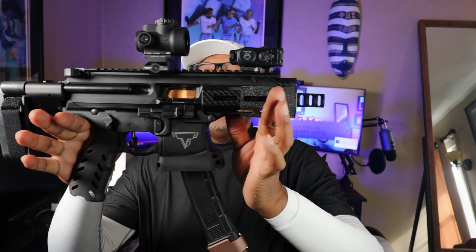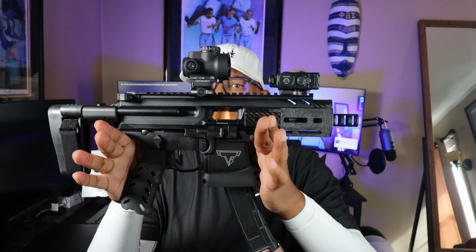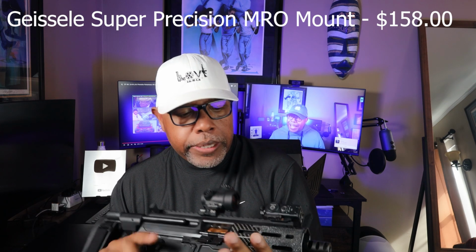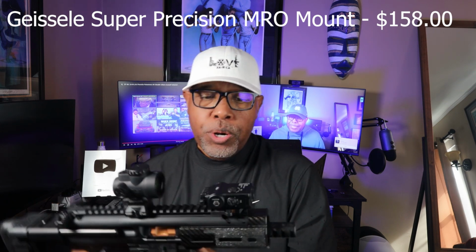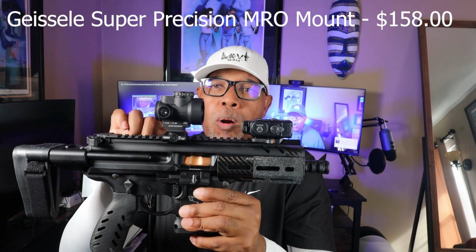All right, fam, staying in my sub-gun-ish lane, let me show you my Sig Sauer Terran Tactical MPXK. Such a short, great shooting gun. I had an MPXK for years. I recently sold it and opted to pick up the Terran Tactical version, which has an upgraded trigger, upgraded handrail. I upgraded the grip, upgraded bolt carrier group. Such a great shooter. This one we're running a Rovivon GL5 Pro, and this MRO optic is